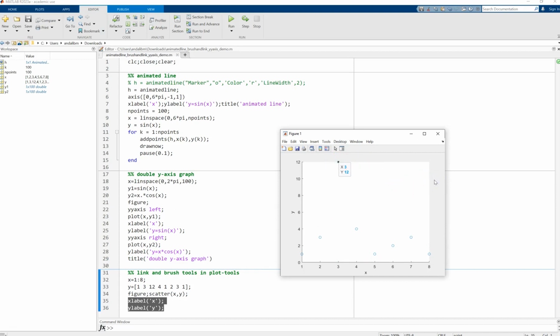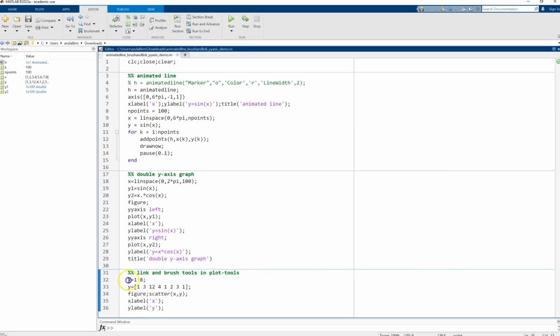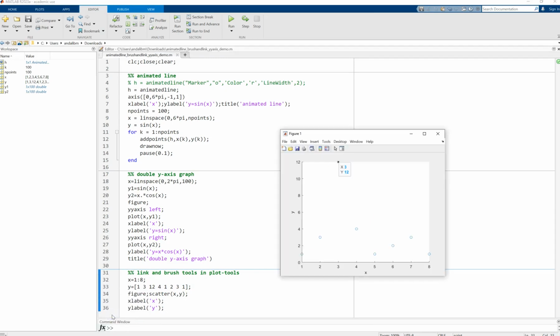Well, what should I do? If I know where that data is, I can say, for example, get rid of X number 3 and get rid of Y number 3. I can set them equal to an empty bracket. But if the data has lots and lots of data points and it's very busy, can I do that from the graph? Can I just click on the data in the graph and get rid of it? You might say yes, you can. And the way to do it is